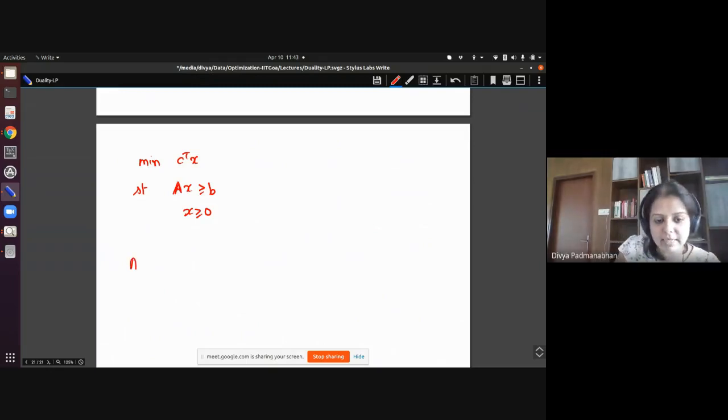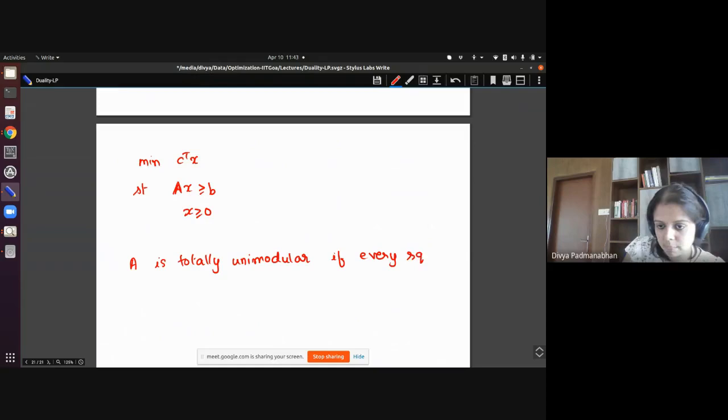This matrix A is said to be totally unimodular if every square submatrix of A has a determinant